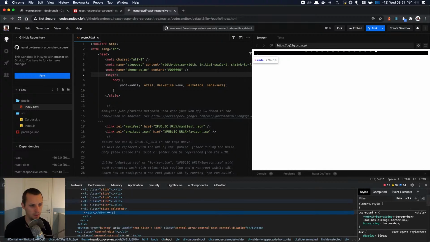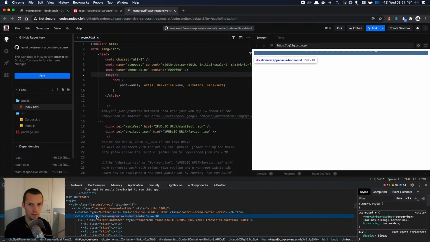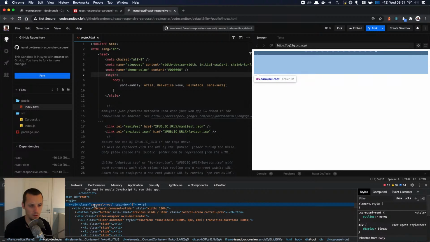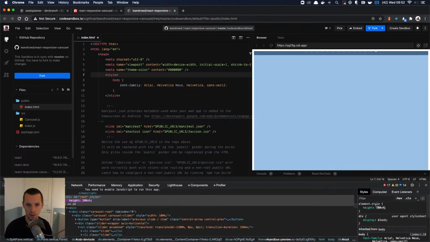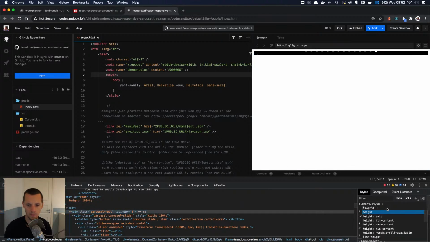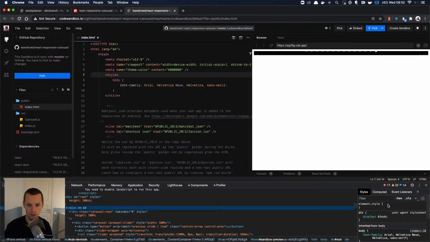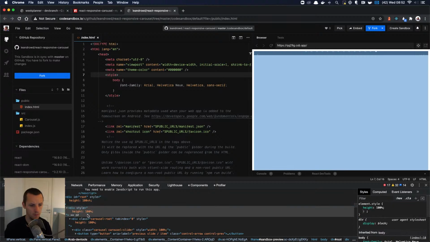So this div is just way too small, right? Div carousel root. What if we just say height 100 view height? Oh, that didn't help. Well, this is weird.